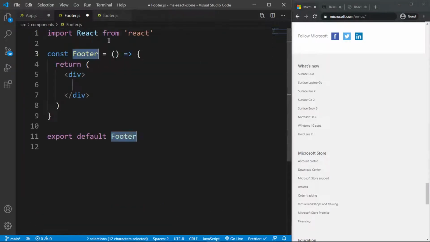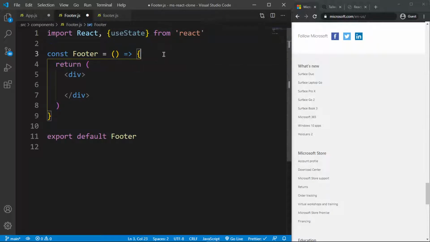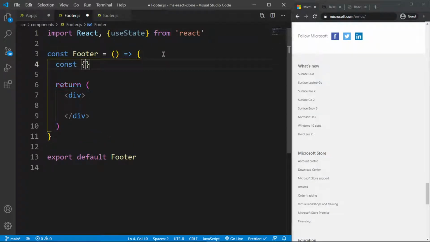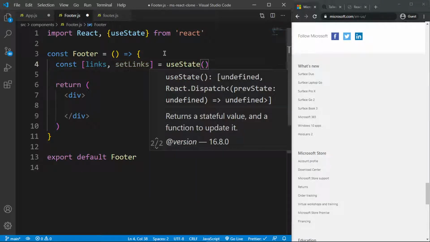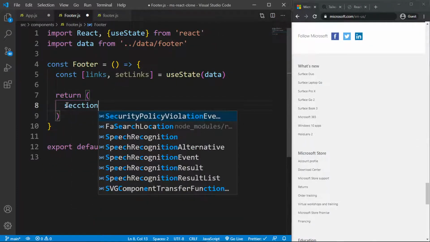I can say RAFCE and import useState, and I can call this links and setLinks, and then this will be useState, and we need to import our data. So import data from data, and it's called footer, like that, and then I need to return a section, right,